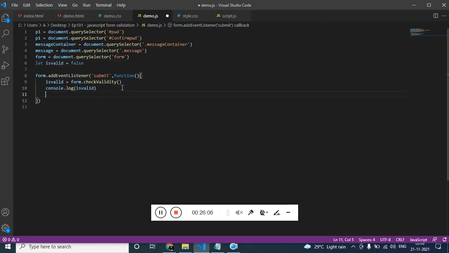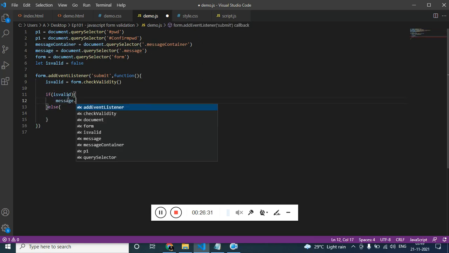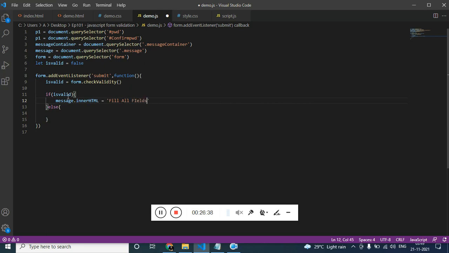If it is false, then we need to fill all the values. So let's get the message dot inner HTML, fill all fields.